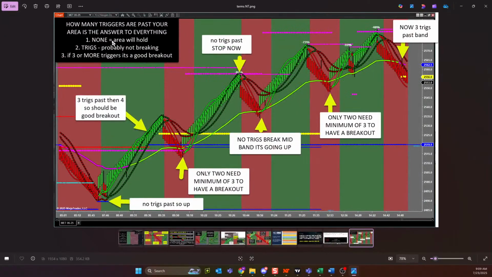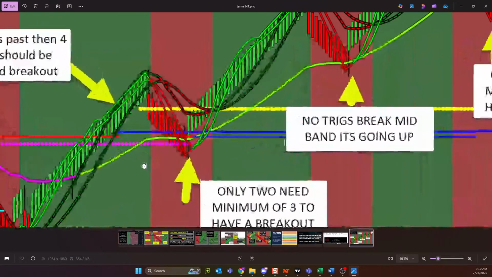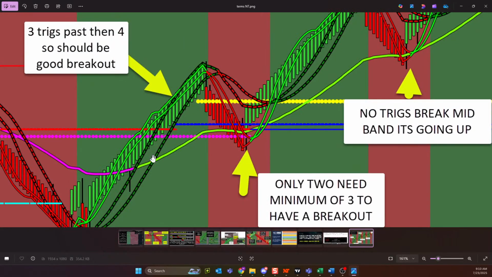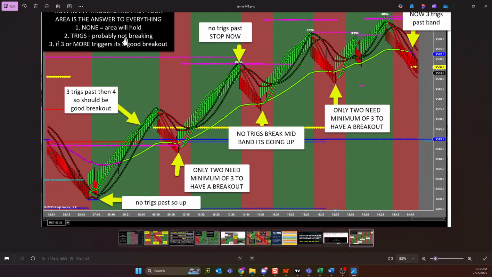Whether it will or not, I don't know, but I want you to go on the assumption, man, that's an area that could stop the market. That's an area that could create a big bounce. That's an area that could ruin any short trade that I take. When you get to an area, and initially you're going to pause, if 2 triggers get above the area, and we're looking at resistance right here, but 2 triggers remain below, as long as you have momentum, you can say to yourself, hey, this area has the potential to break, but it's still kind of sketchy for a breakout with only 2 triggers through. Less likely to break.